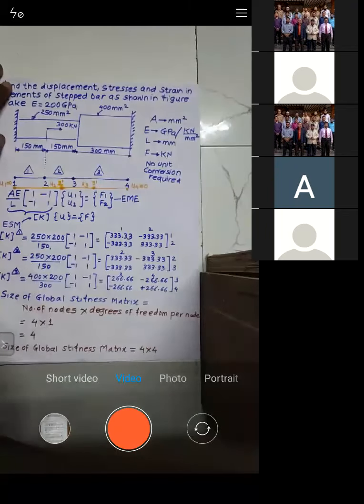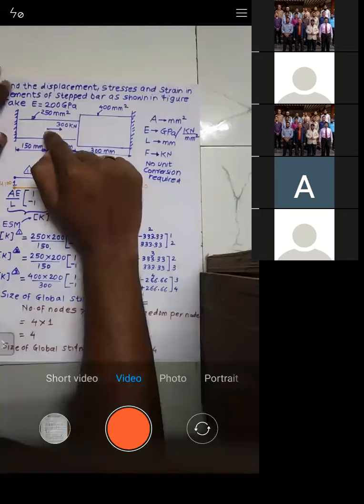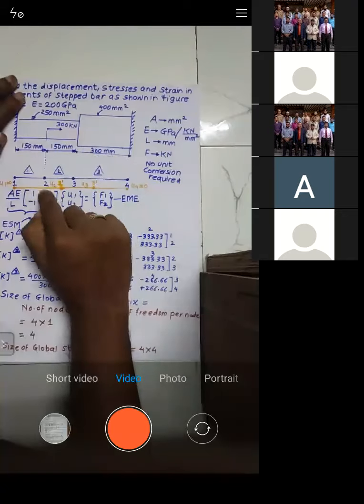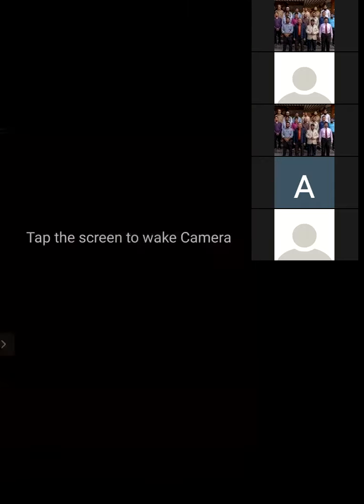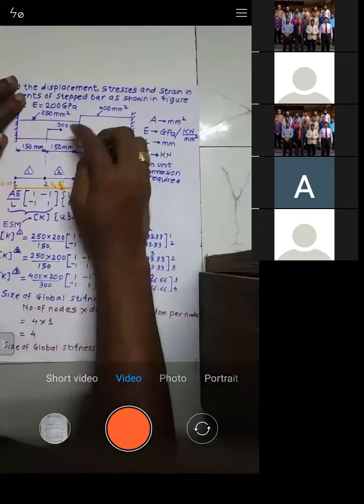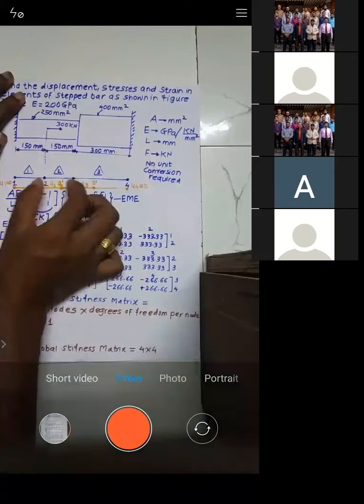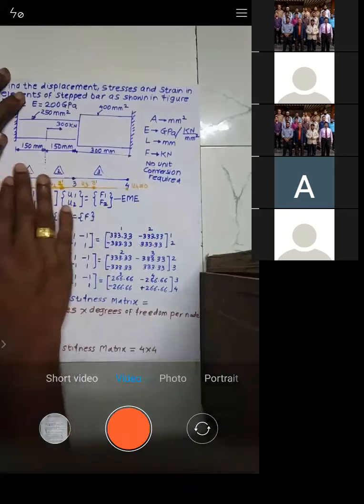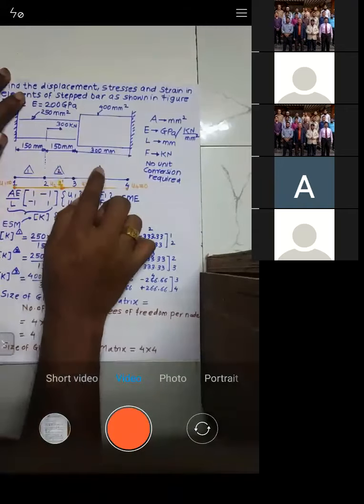I will go to the third criteria, which is the point where they applied the force. At that point, you form the node. So this is the point where they applied the force. I will bring this point down, so I will get this as a node. Initially, this was a single element, but when I bring this point vertically down, this element gets split into two more elements, right? As a result, I will get this as element number 1, these as element number 2, and these as element number 3.